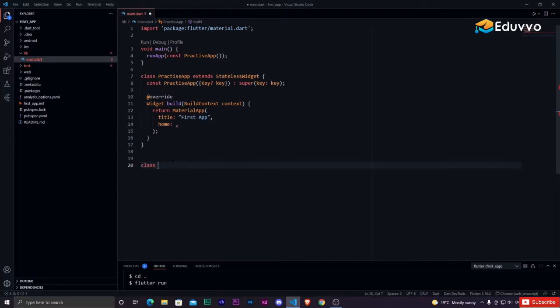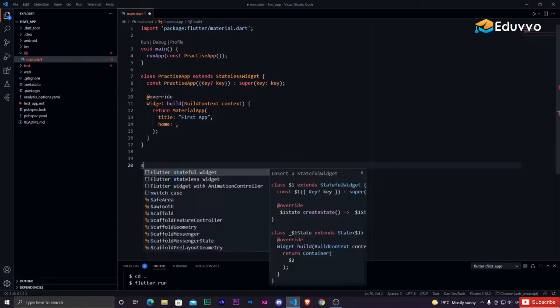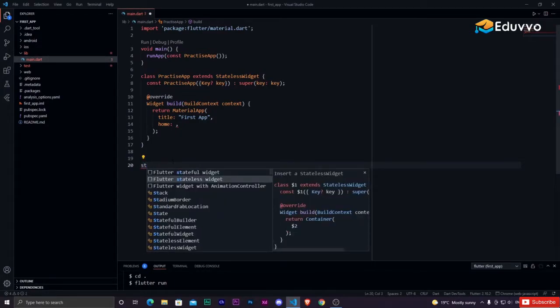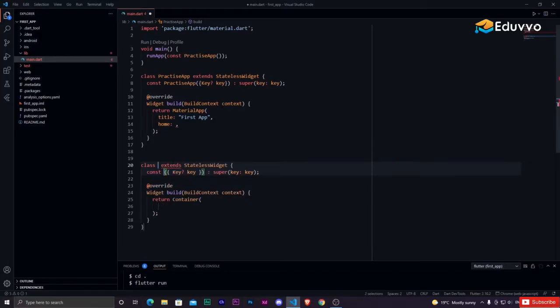And I will explain to you guys what is the stateless widget. It's the next video only, so don't worry about what a stateless widget is, what a stateful widget is. So rather than writing class, you can just write st, and you will see the option. You can just select stateless, and you can write home page,